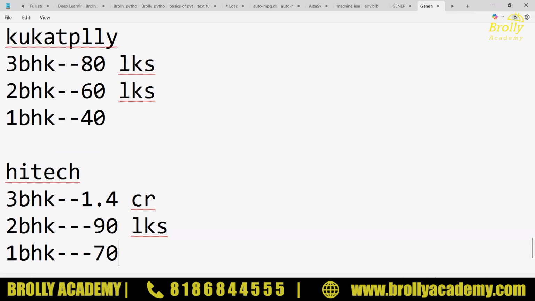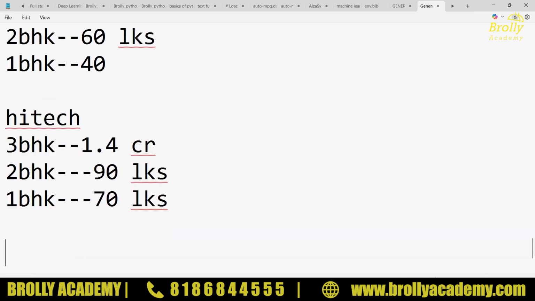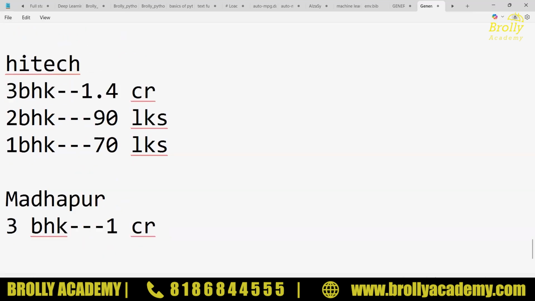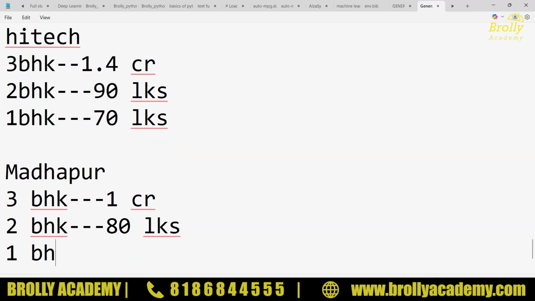Coming to Madhapur, 3 BHK, it will be 1 CR. 2 BHK, 80 to 90. 1 BHK, 60 plus.